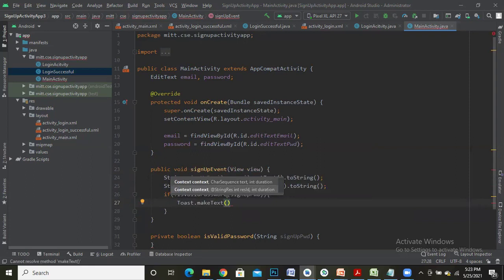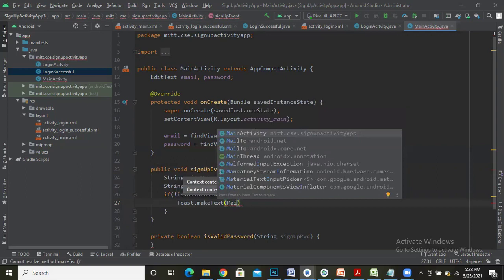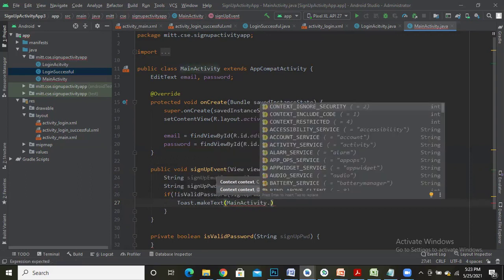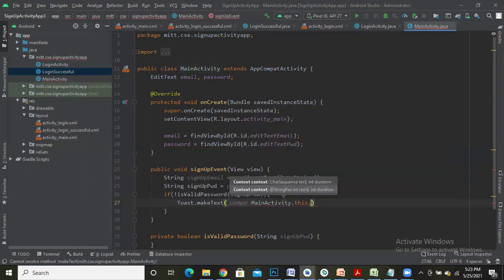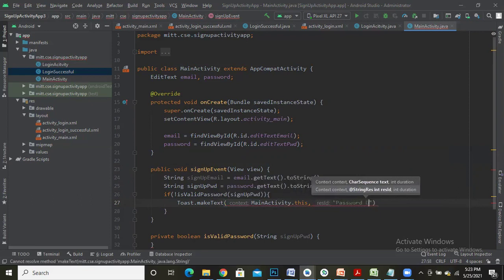First parameter is the context, so the context I'll write as MainActivity.this. Second parameter is the string. So the string I'll be displaying is "Password does not match the rules." This is the message which I'm going to display.